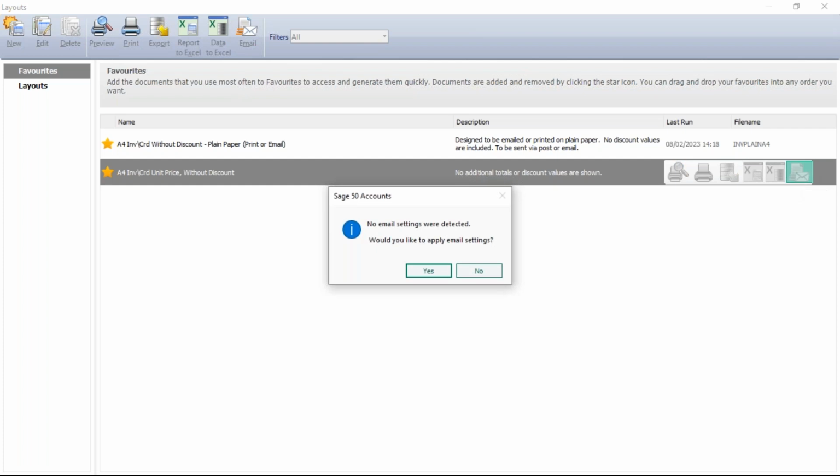And we'll get a message. No email settings were detected. Would you like to apply email settings? Now, if I click yes, it's going to take me into the email default and I can start amending settings. And we're going to come on to that one in a sec. If I choose no,